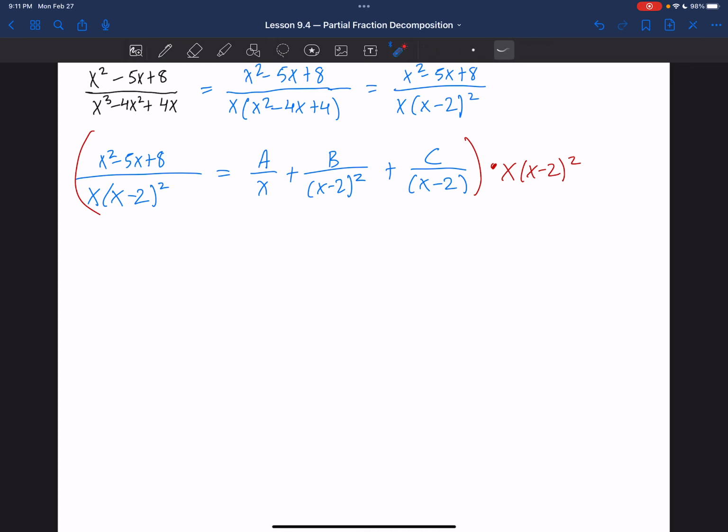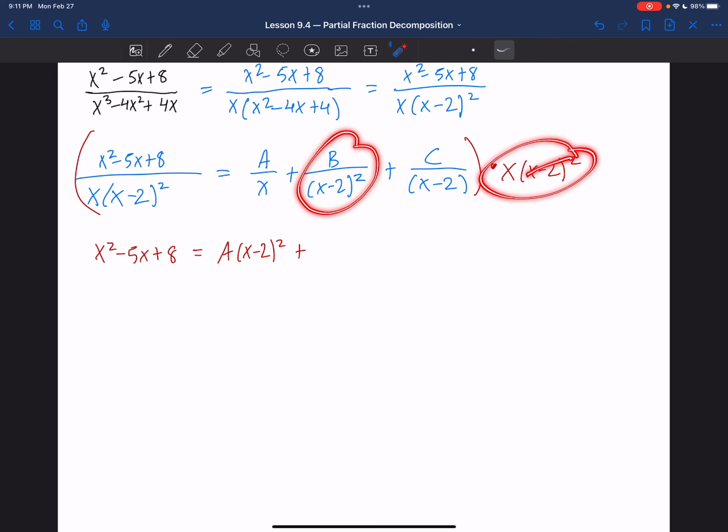Now again, this denominator completely cancels out with your LCD, so I'm left with x squared minus 5x plus 8 equals, now you do A over x times this, the x's cancel, and I'm left with A times (x minus 2) squared plus, again, B over this times this, the (x minus 2) squared terms cancel, and I'm left with just Bx